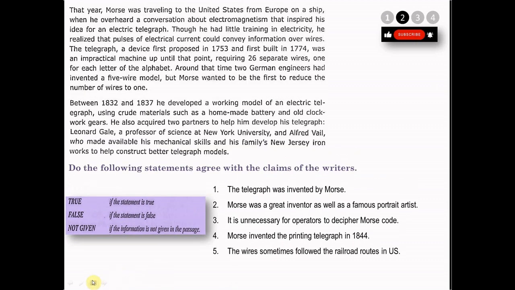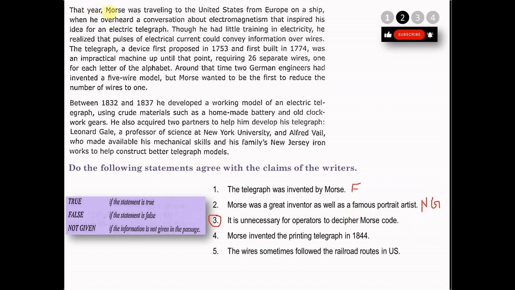Yes guys, clear? So let's look at this. We are solving this. We have done the first, we have done the second. So the first question was false. As I am writing F or NG, please do not do this in your examination. Write the complete thing, false or not given, and try to write everything on your answer sheet, especially while reading and listening, in capital letters.